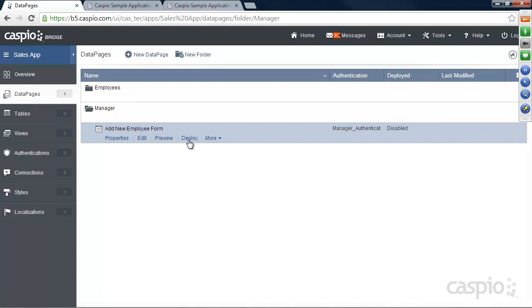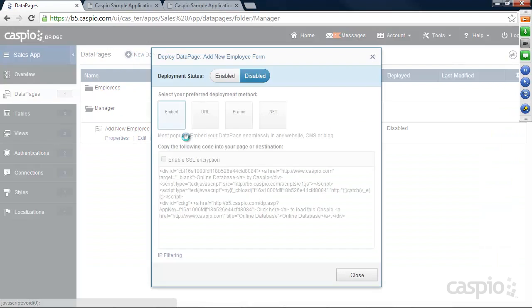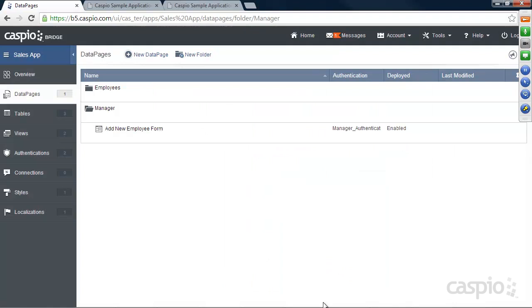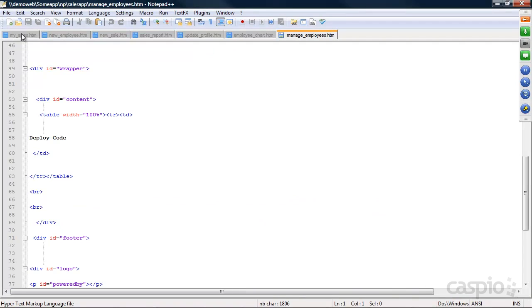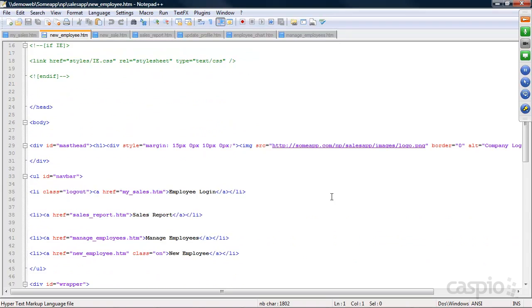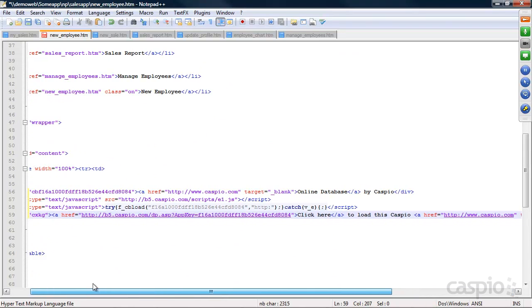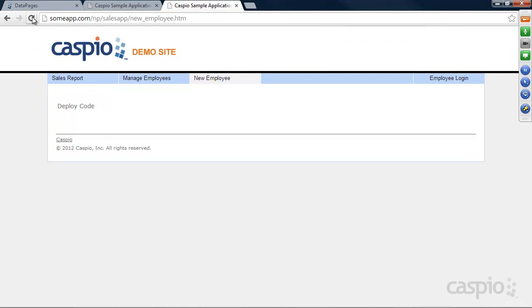Let's go ahead and deploy this data page to this new employee.html web page. So we're going to click on deploy, enable access, we're going to copy this code, and I already have all of my web pages set up. You can see that I have 7 web pages, and here is my new employee.html page for the manager side. I'm just going to go ahead and find my placeholder for the deploy code, paste my code right over there in that part of the website, save my script, publish my website, and then when I refresh my page, here's